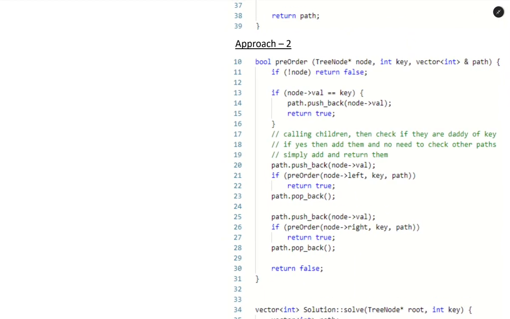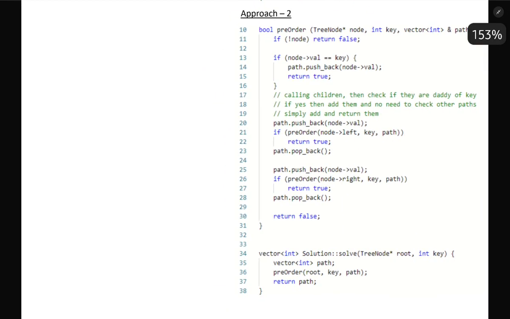So what I will do, the intuition will be the same, but how I am adding is something different. First I will keep on adding: as soon as I encounter root, I will say include the key at the root. If I go to the left side, I will say okay, include this. Then I will go to the left subtree. I will say okay, include this. And if there is nothing here and this is not my answer, I will say okay,